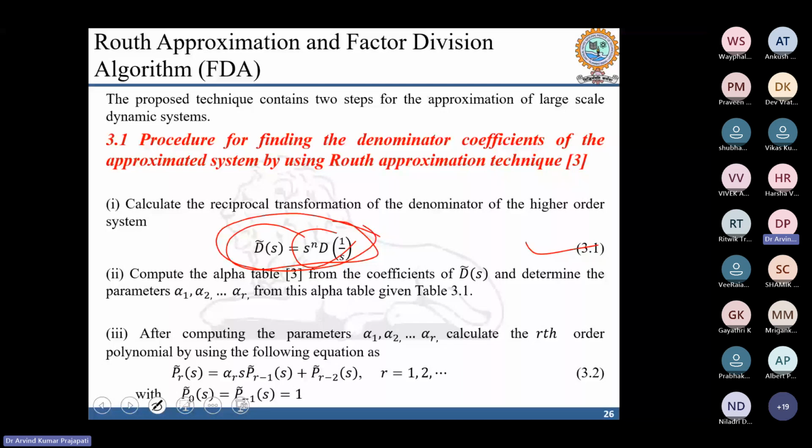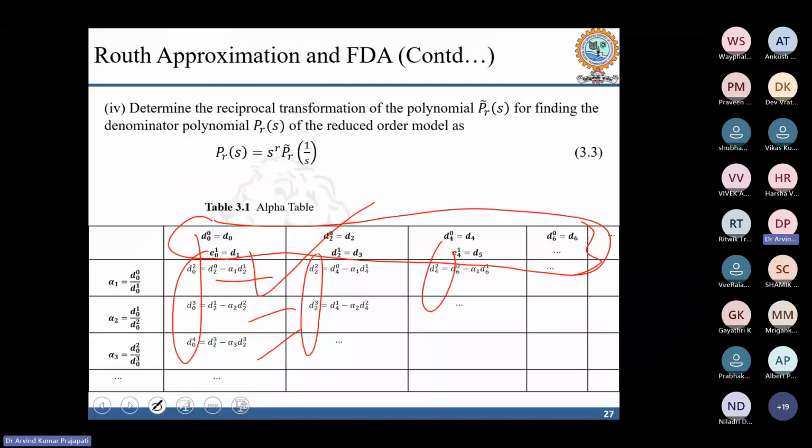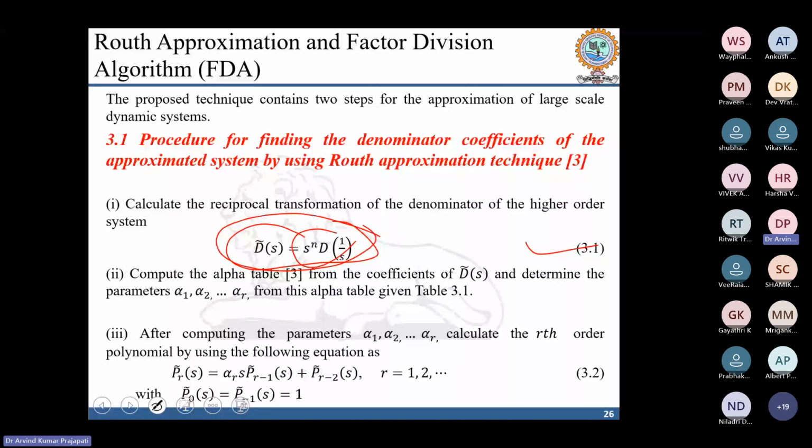And then the rest of the elements you can calculate by using recursive formulas, and then you can determine the value of alpha 1, alpha 2, and alpha 3 by using these formulas. And after determining alpha 1, alpha 2, you can determine the denominator polynomial of the reduced model by using this equation. So here you just put the value of alpha r,